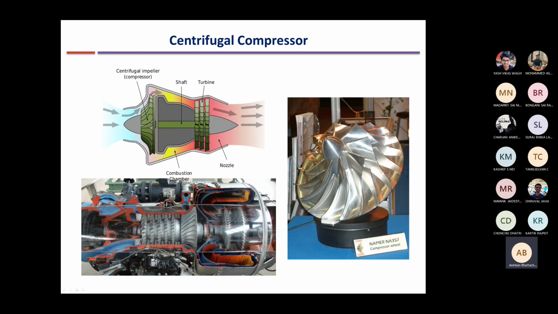The velocity will increase because of centrifugal action. And there is another effect there. What is happening? The cross-sectional area is also increasing. At the eye section, the area between two blades will obviously be less as compared to the end section at the tip. Why? Because obviously the circumference is increasing, and the number of blades remains the same. So the cross-sectional area through which the flow is passing is also increasing.